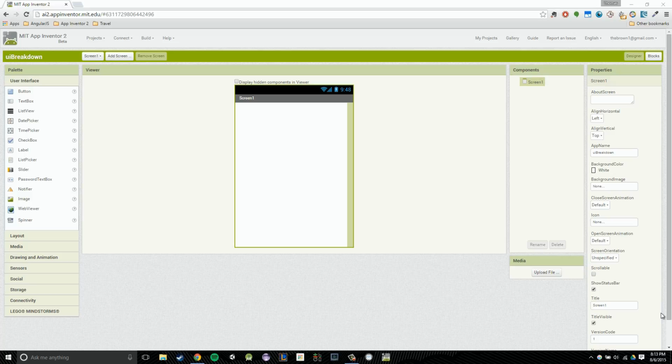So in this video, I'm going to be breaking down the palette section of our UI in App Inventor 2. So the palette section is the section right here. It's the section right off to the left. And the palette section you could think of as housing all of our parts that we need to create our